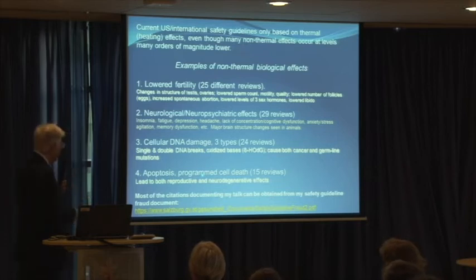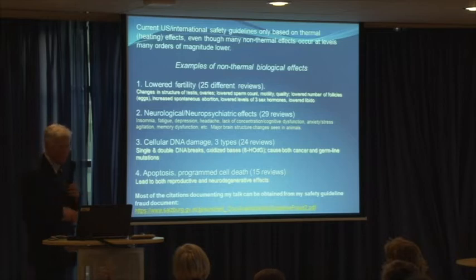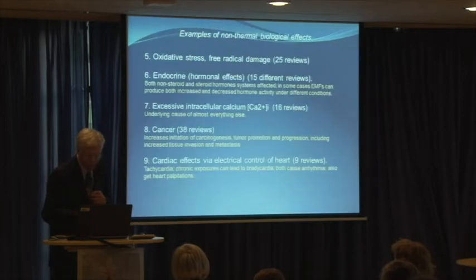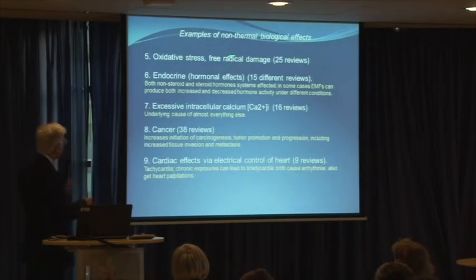We have apoptosis, programmed cell death. That's important both for the reproductive effects and the neurodegenerative effects. I haven't said anything about the neurodegenerative effects yet. And let me say, most of the citations in my entire document can be found in my slides. And I will provide that, one of the copies that I'm going to provide here. So anyway, you can access it either off the internet or from the copy here. So you get oxidative stress, free radical damage, which you've already seen how that occurs,